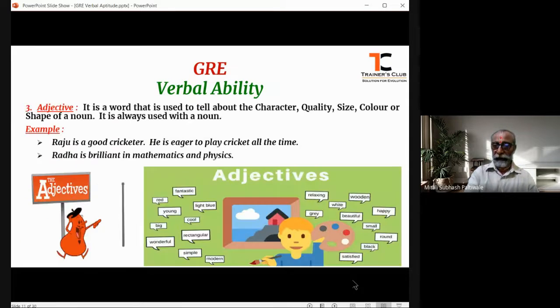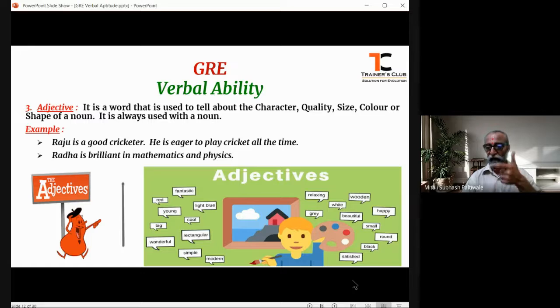Then, next, we will go to the third part of speech, which is another important one, that is the adjective. An adjective is a word that tells or describes about a noun. Just keep it in mind, an adjective is always used with a noun and with no other parts of speech. An adjective tells or describes about the